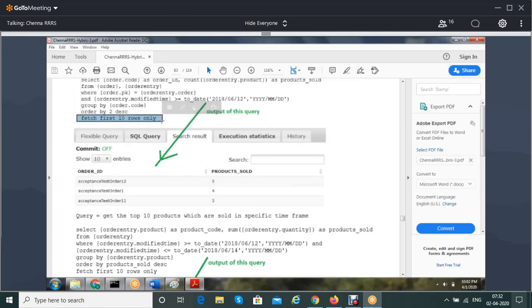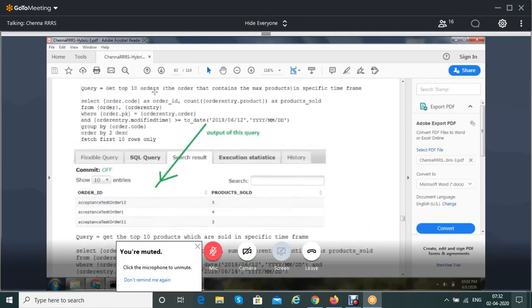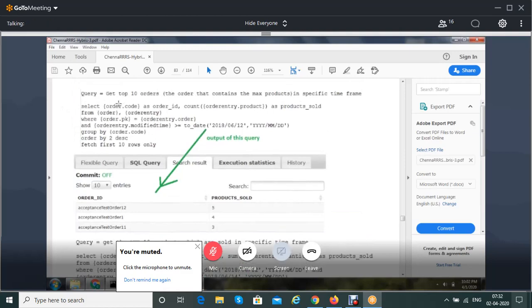Fetch first 10 records means that from the results, it is going to give only 10 records. From that, I am giving order by 2. Order by 2 means the second field. What is the second field in this?